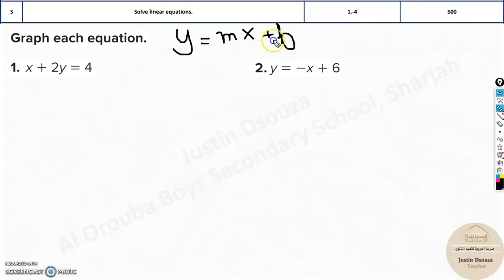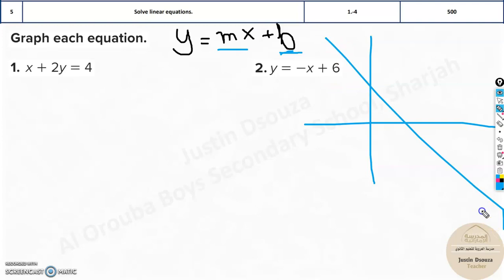This is the slope-intercept form, where m is the slope and b is the y-intercept. What does the intercept mean? If this is a line with a negative slope, say something like this, the intercept is the point which touches the y-axis, the value over there. So if this is 6 over here, then the intercept will be 6. If it was like this, minus 3, then the y-intercept will be minus 3 instead of plus